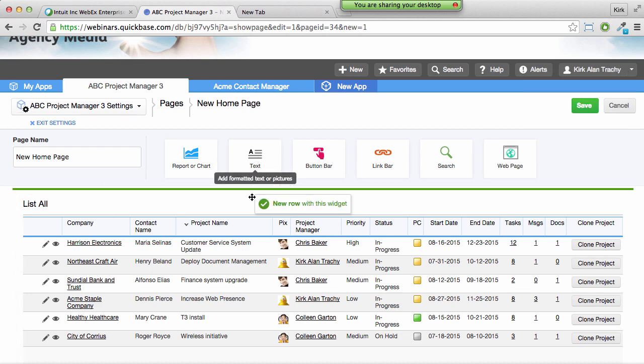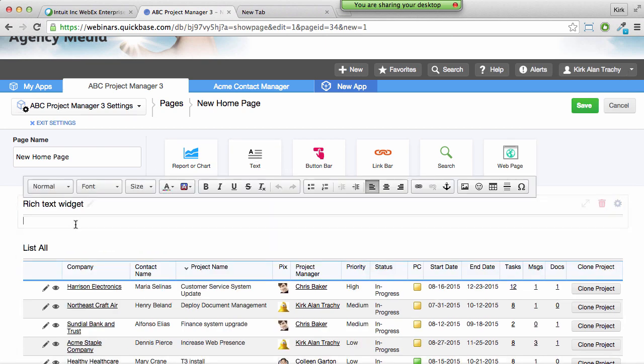Let's add a text box on top, and I'll try to do this quickly because we could play around in here for a long time. This is a welcome screen. Welcome, Acme Staple Company,